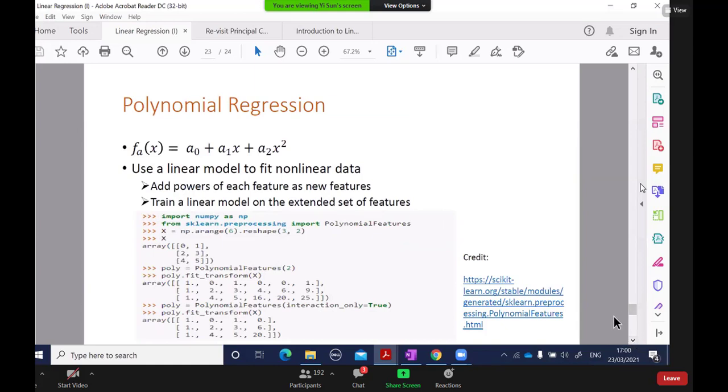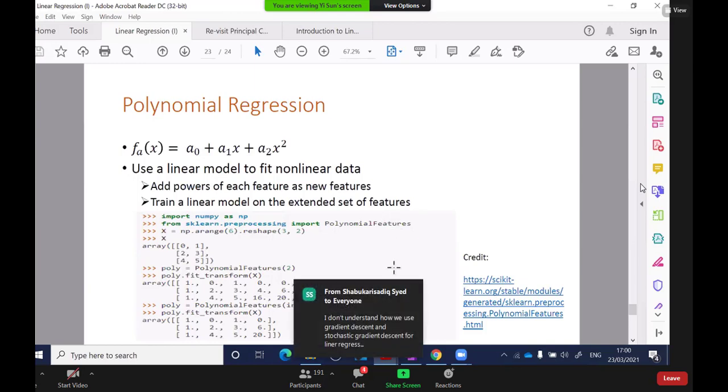Finally, remember we talked about residual plots. They tell us whether a linear model is good for your data or not. When we see some special shape, it tells us that maybe the data has something nonlinear in it. We need to use either nonlinear features or a nonlinear model to fit the data. We are not going to talk about nonlinear models today.